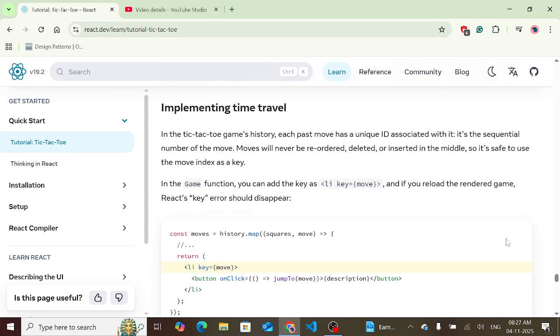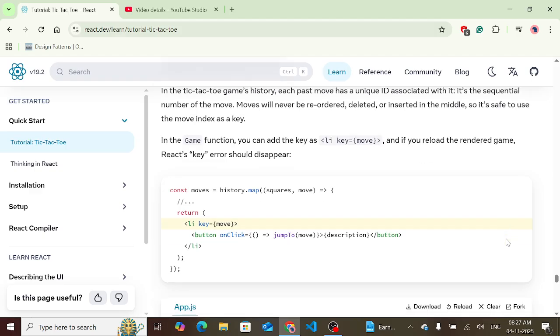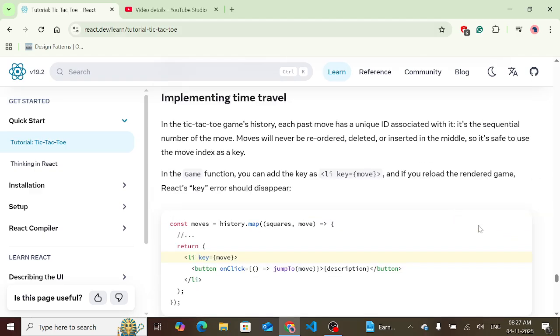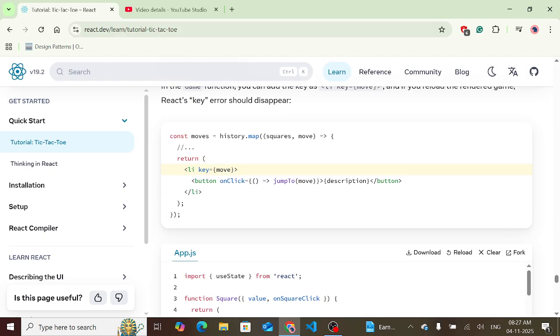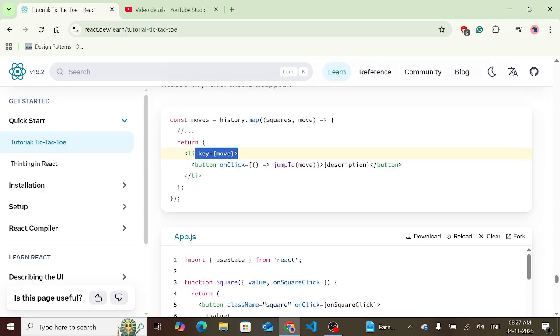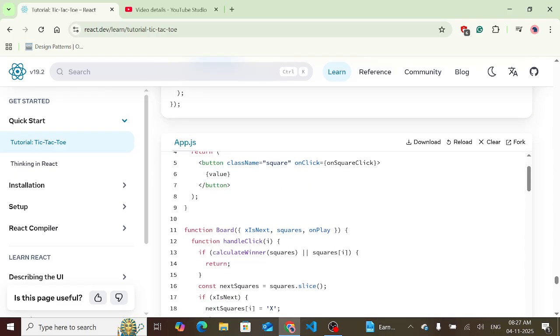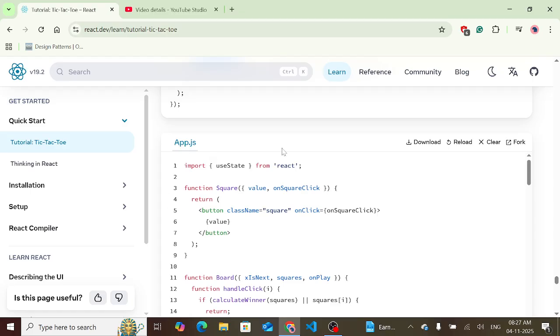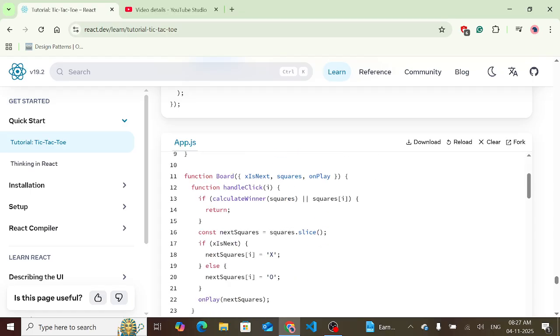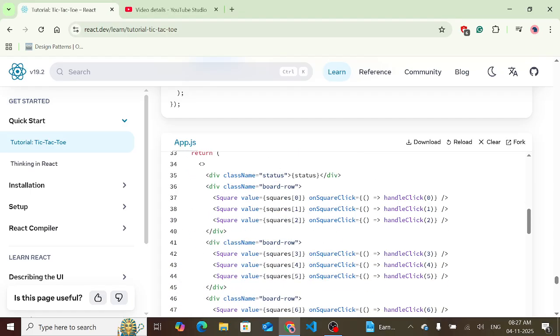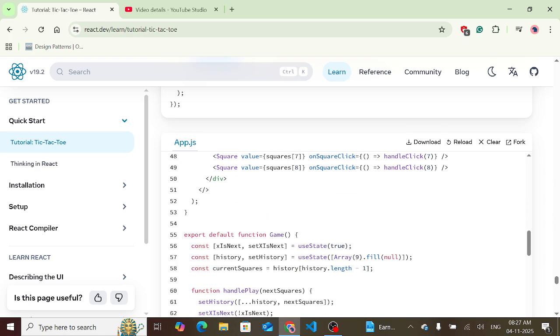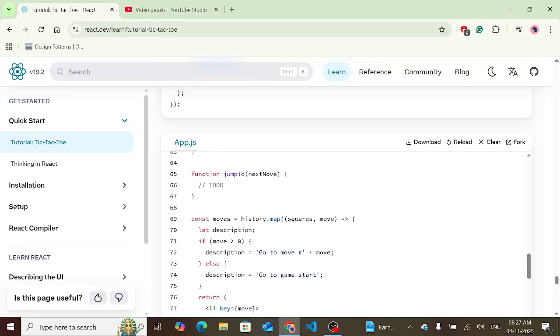To implement this feature we will call jump to the move, and then also we will provide a key to this element, to not have the warning about keys. Now we have the square, then we have the board, and then we have the game. Now in the jump to function,